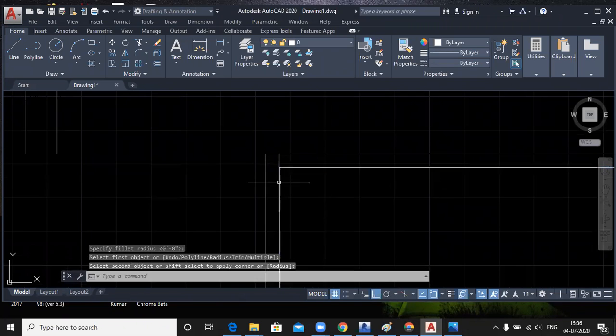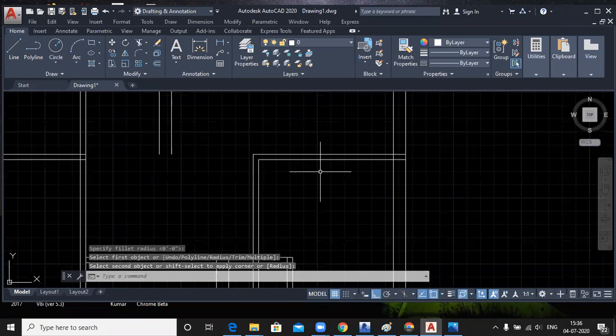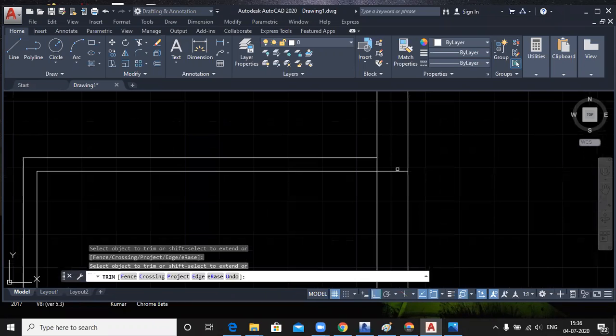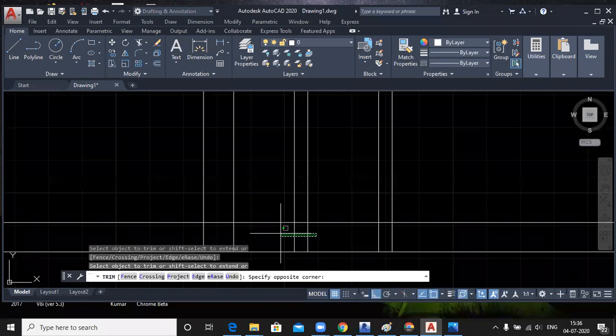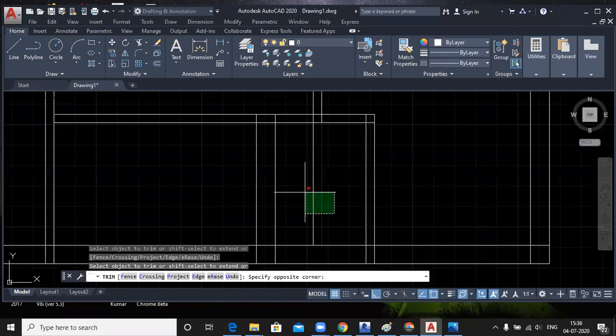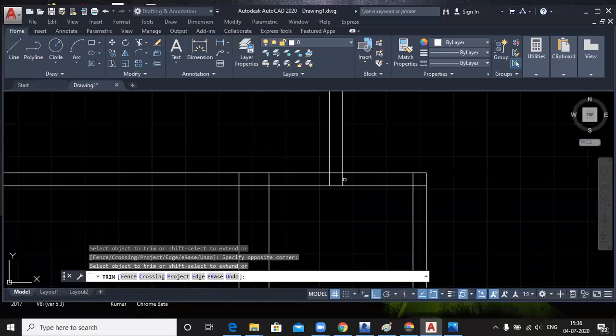Now, to remove these lines, we have to choose the fillet command with radius 0, like this. Right? Okay, sir. How to know the radius, sir, to use fillet? I specify radius as 0.